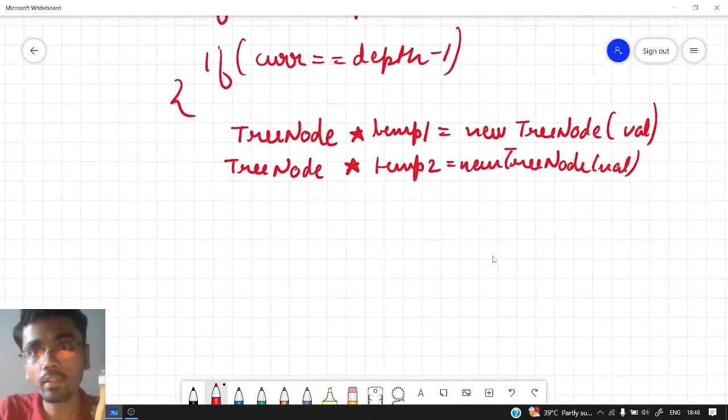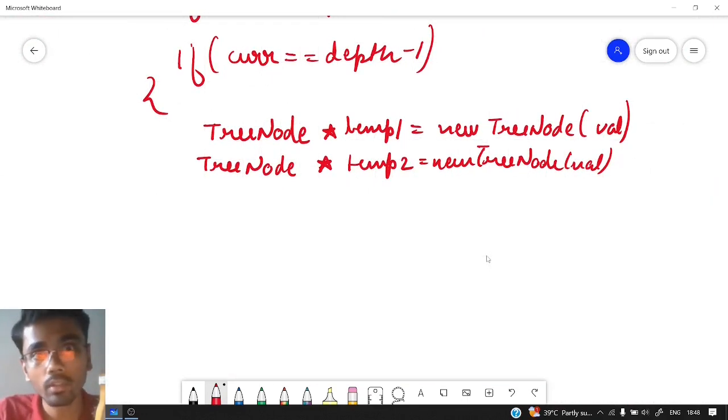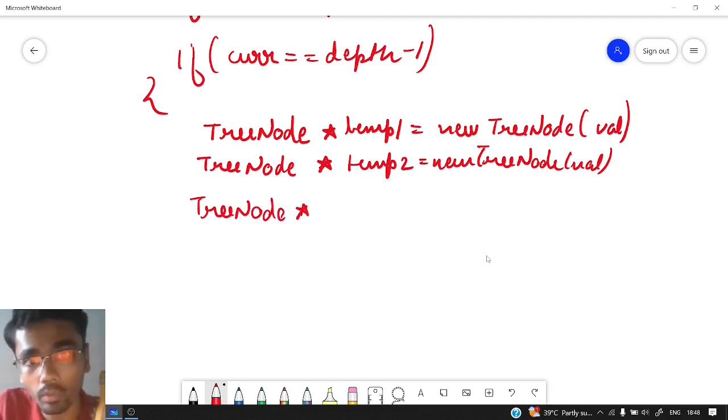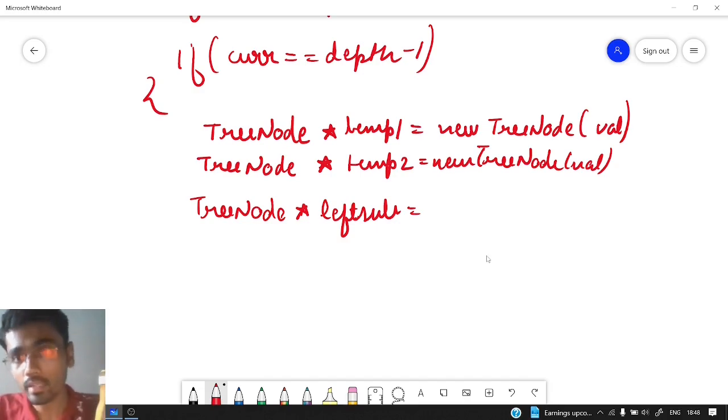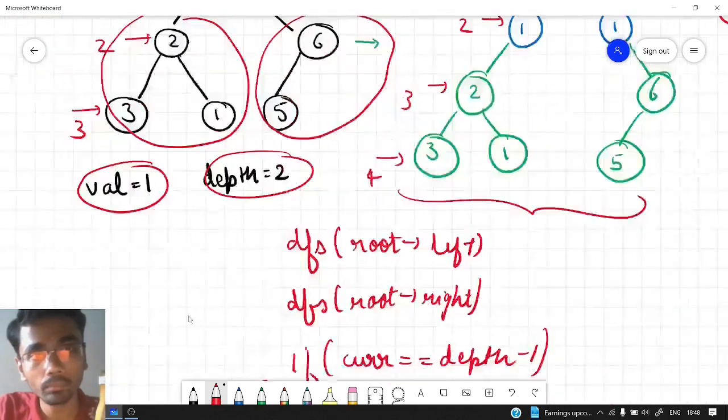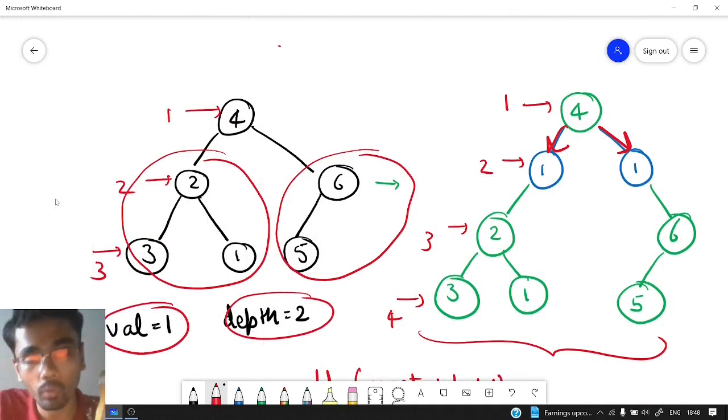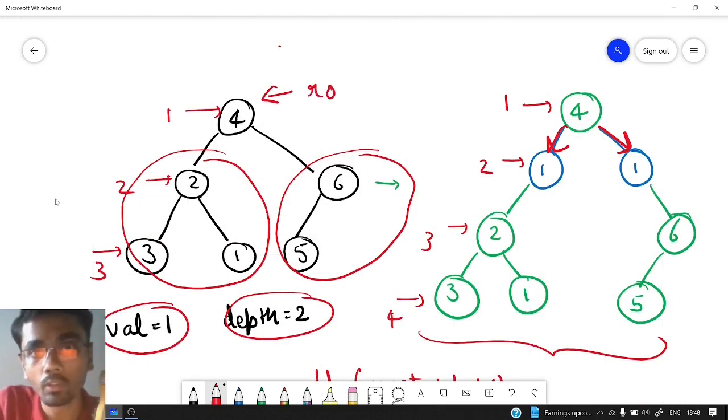So again we will create two new root nodes, which will be the left subtree and the right subtree. Let us create a new root TreeNode, which will be the left subtree, and what will it actually be? We are iterating with the help of root, so our root will be present here in the original binary tree. So this is our root. Root's left will be the left subtree and root's right will be the right subtree.